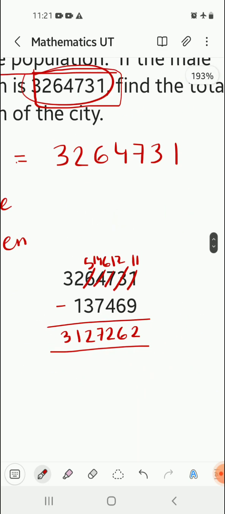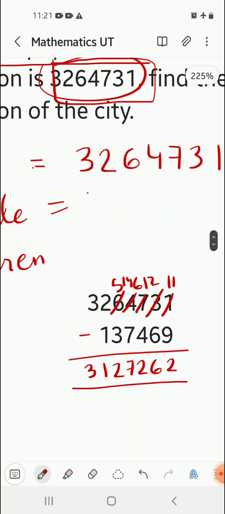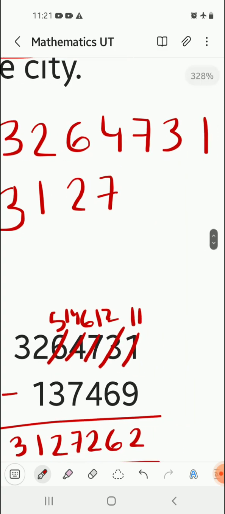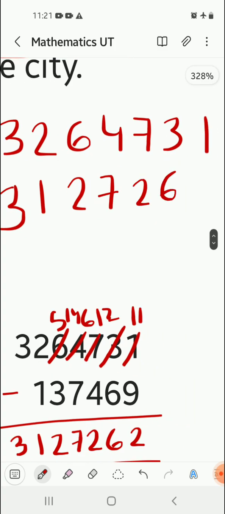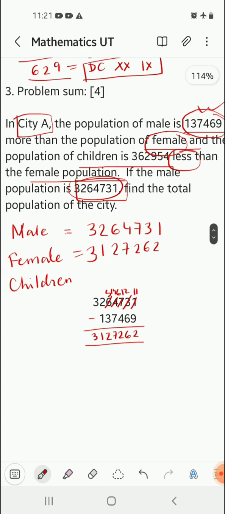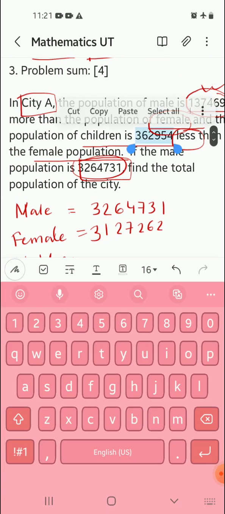So we have got the number of female population. This is 3, 1, 2, 7, 262. Now we have to find the number of children, and it is already stated that the number of children